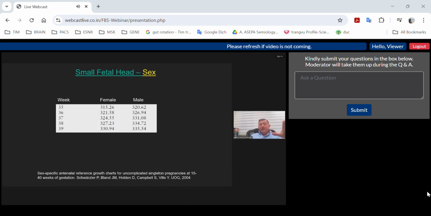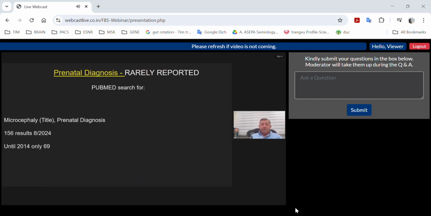Another important thing when we speak about the head circumference is that the size of the head is different. The 50th percentile is different in females and males. During the last weeks of pregnancy, female fetuses have a head circumference that is by mean half a centimeter smaller, meaning more or less 1 week difference in size. Now, what we have regarding prenatal